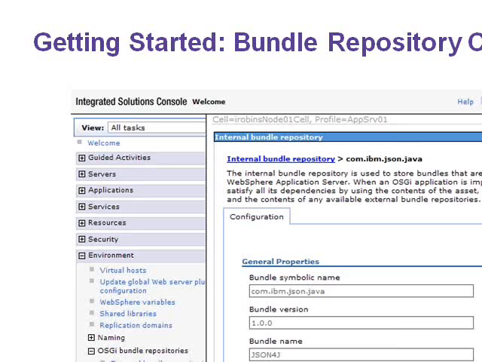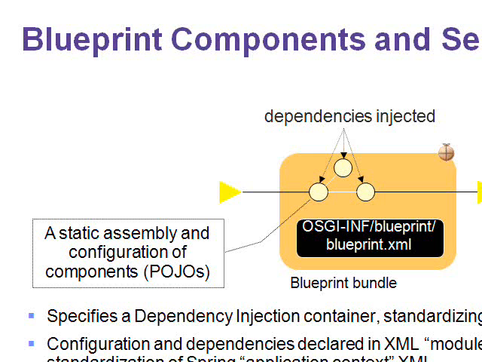Alongside that, there is no monolithic class path anymore. Like I said, each bundle has its own class loader. So you don't have the hierarchical way of class loading right now. Each bundle has its own class loader, which